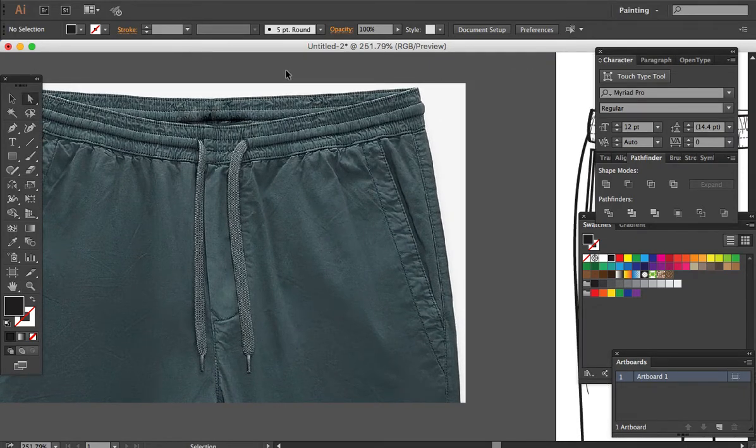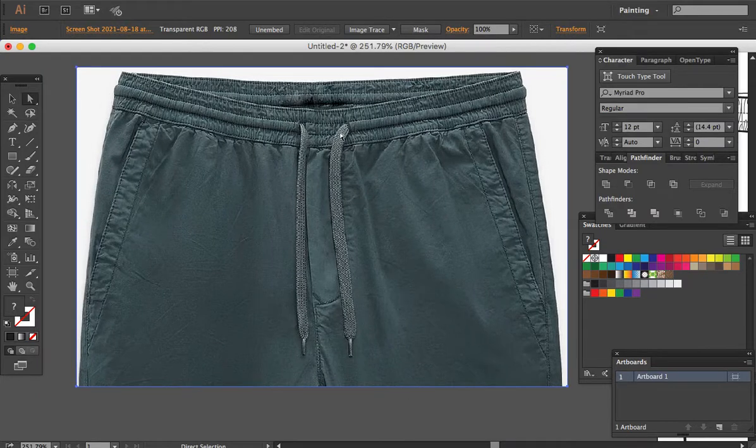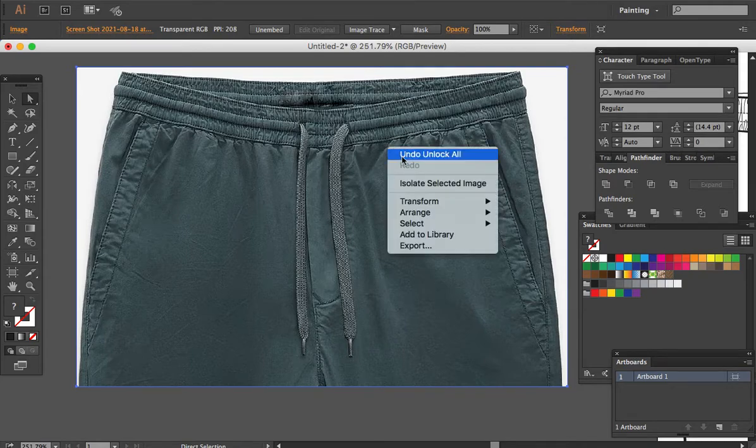So first up, don't forget to lock your reference image. We will trace this and recreate this drawstring from this photo reference. So we will lock this